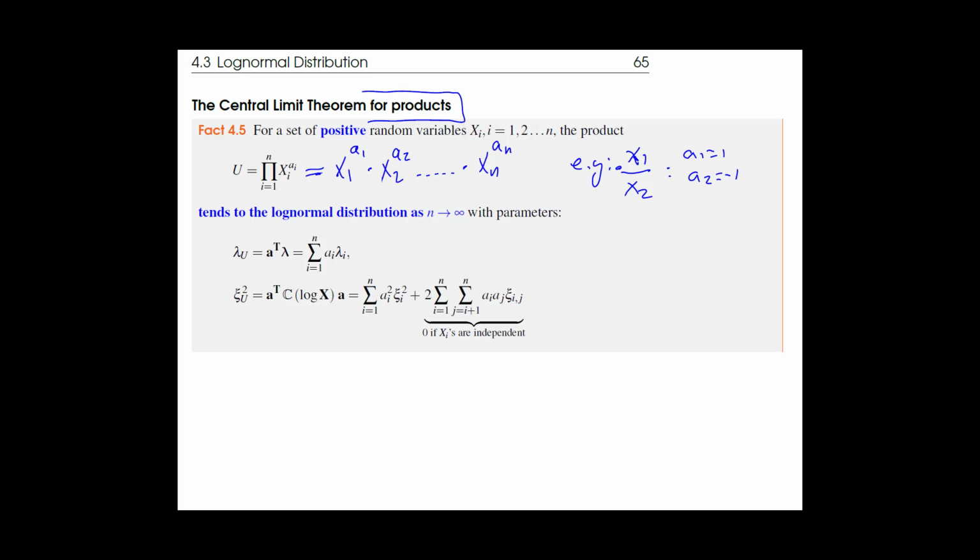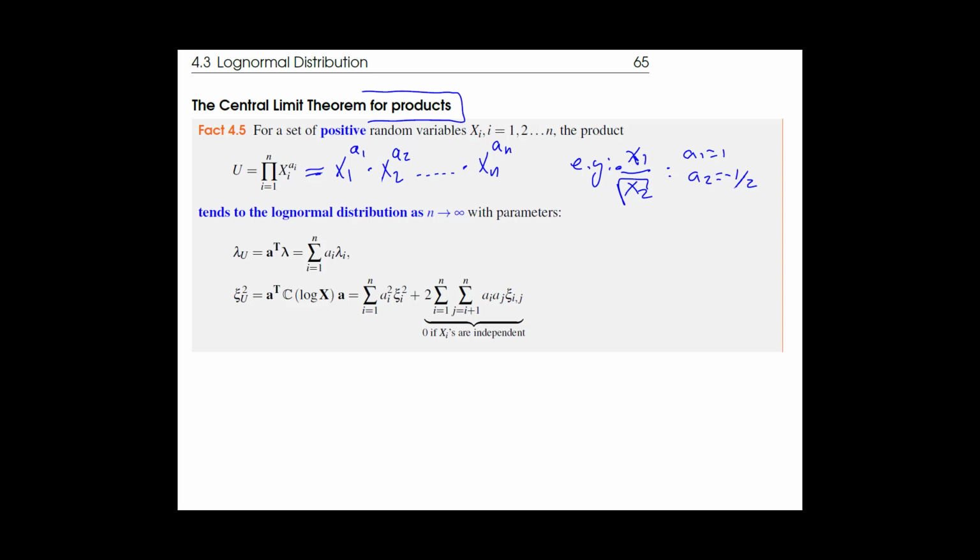And if you take the square root of x2, that's going to be negative 1/2. So any sort of ratios or products with exponents you can do, and that's where the central limit theorem for products applies. What follows is almost, well, it is identical actually to the central limit theorem, but